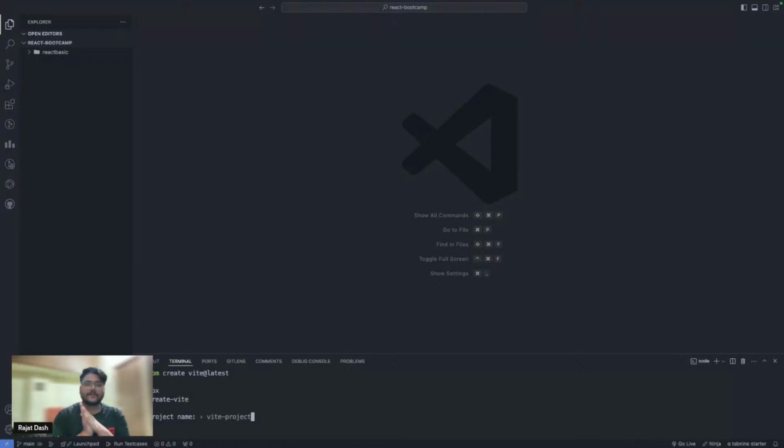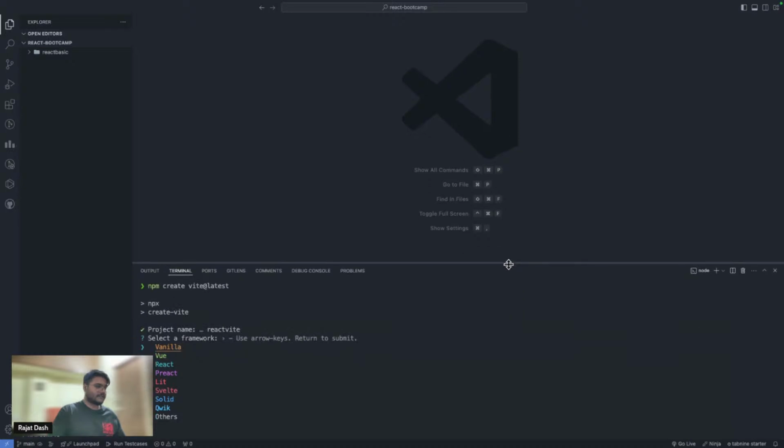In Create React App, we provided a project name, which was create-react-basic. For this also, we need to provide a project name. Let's make it react-vite. And now it will ask a variety of options: Vanilla, Vue, React, Preact, Lit, Svelte, Solid, or Qwik.